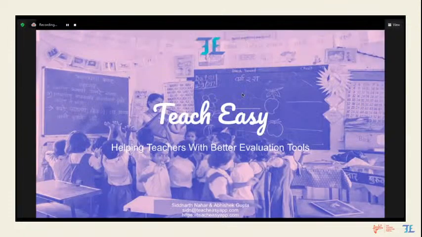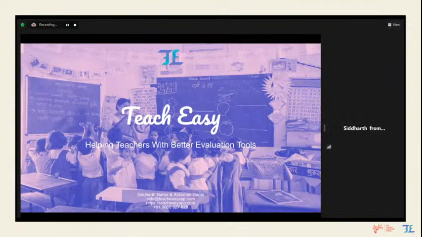So basically, my name is Siddharth, and with Abhishek, who is the co-founder, we both are creators of Ttz. With Ttz, our whole motive is to help teachers with better evaluation tools. Because of the coronavirus pandemic, how things have changed in the last 1 year has been dramatic, right? Everyone has to shift to digital systems. Everybody has to shift to remote learning, and to make the whole learning process better, we came up with the idea of Ttz, where we want to create these evaluation tools.